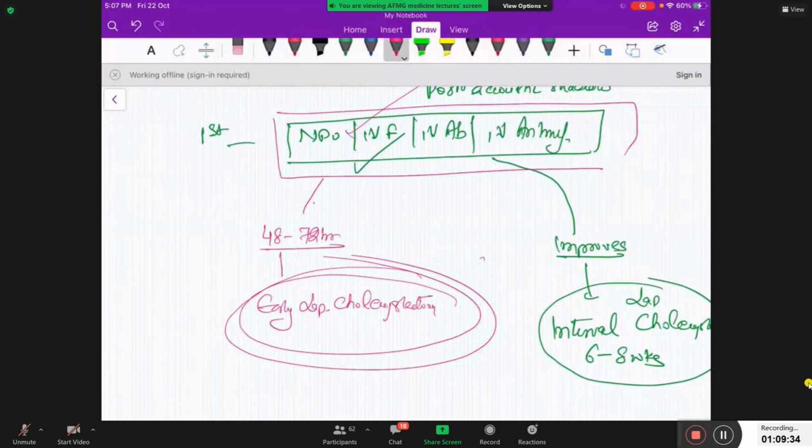What I'm trying to convey is that this early laparoscopic cholecystectomy is not going to be done in the emergency operating room. This will be done in an elective operating room, in the coming OT, whatever the coming day is in your list, in your allotted day, and you have to remove one of the cases from the elective OT